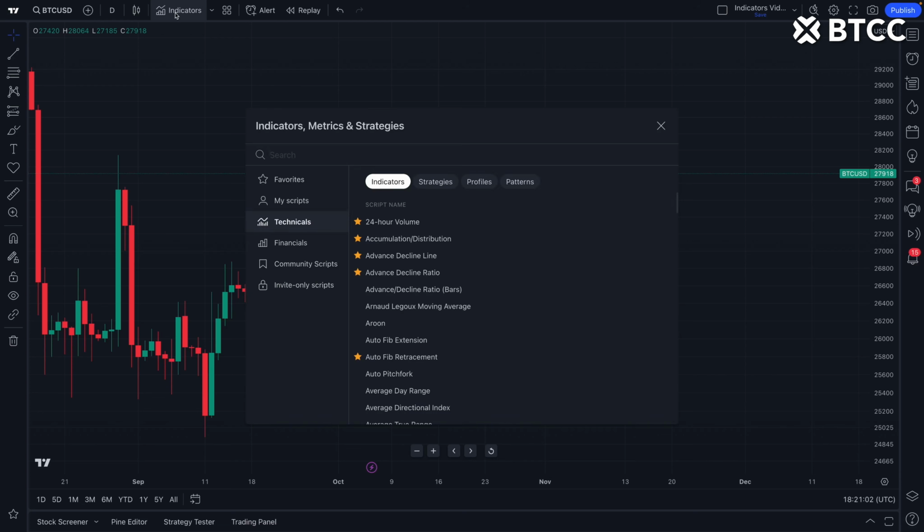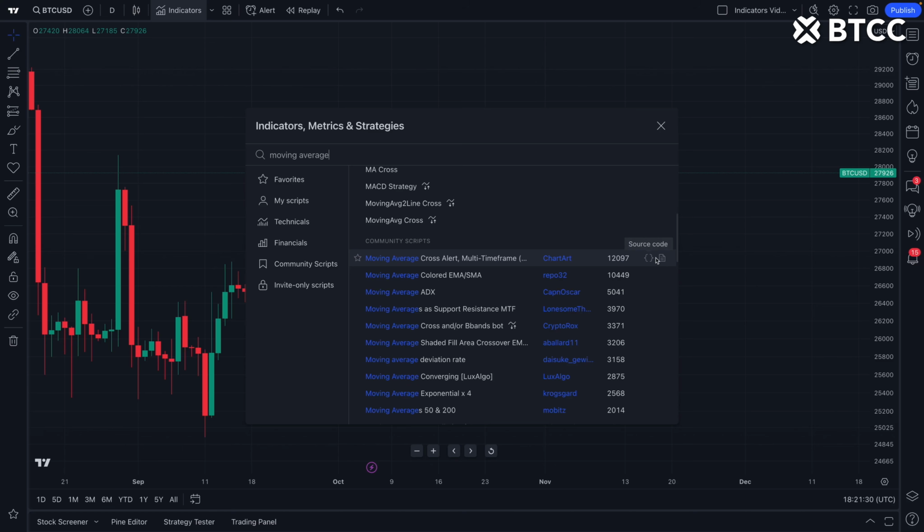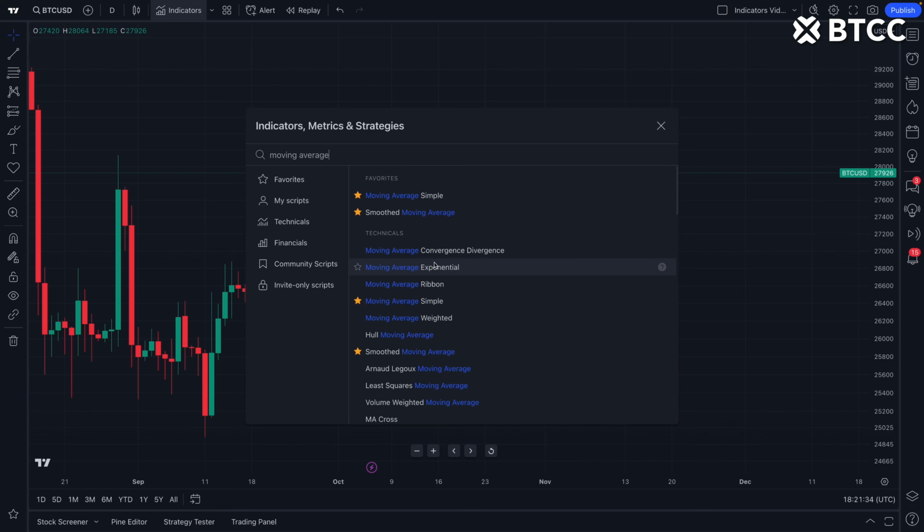This search box, you can type in any term that you're interested in and it will suddenly appear here before you, like so, and you can scroll down. You may even notice community scripts. These are scripts coded by traders and investors around the world. You can see their username as well as the number of likes and boosts. You can read the code behind such a script or read more about it. We will tell you more about this soon, but for now, why don't we just add this moving average simple